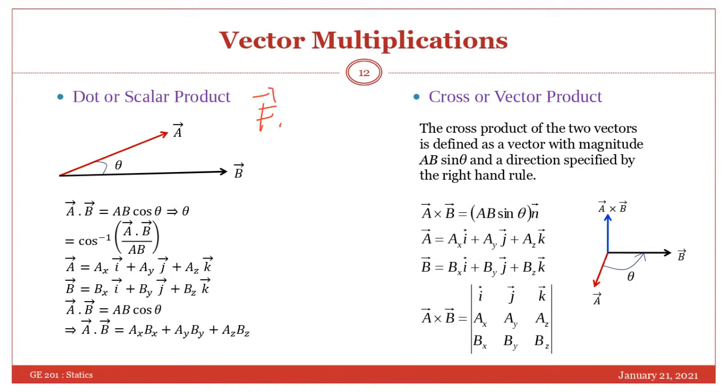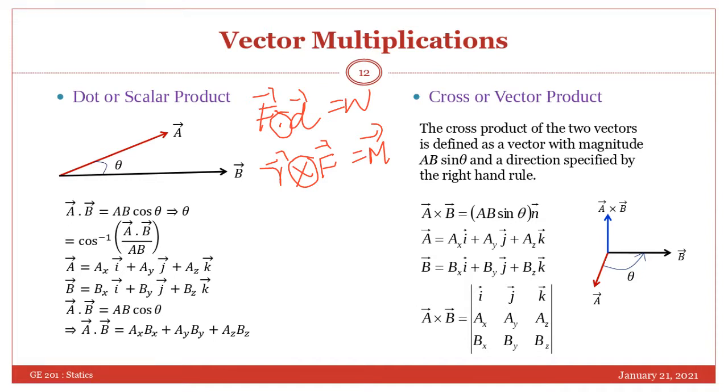And when you multiply position vector with force vector, you get a quantity called moment, which is a vector quantity. So you can have a scalar answer or a vector answer. Depending on whether your answer is scalar or vector, we use two different symbols for multiplication. The first symbol is the dot, and the other is the cross. Whenever you use the dot sign between two vectors, your answer is going to be scalar. And whenever you use the cross sign, your answer is going to be a vector.